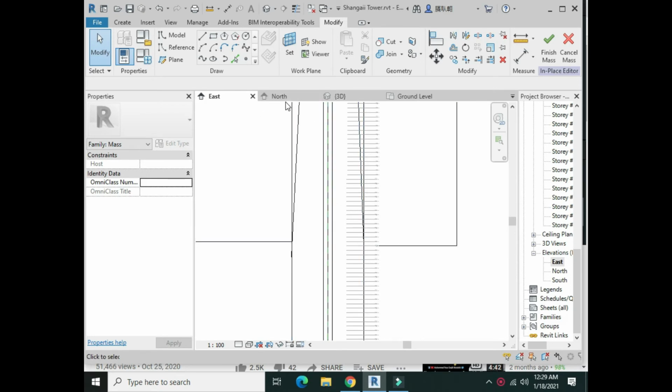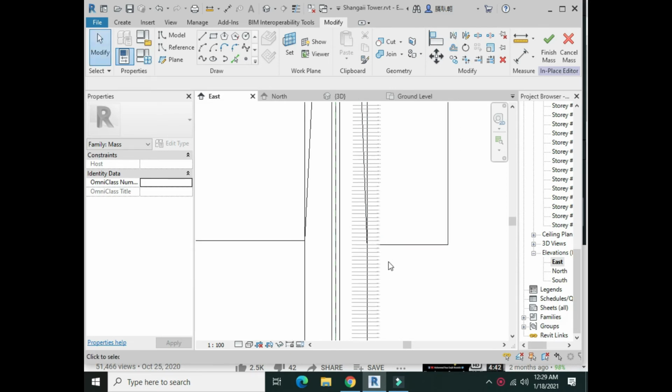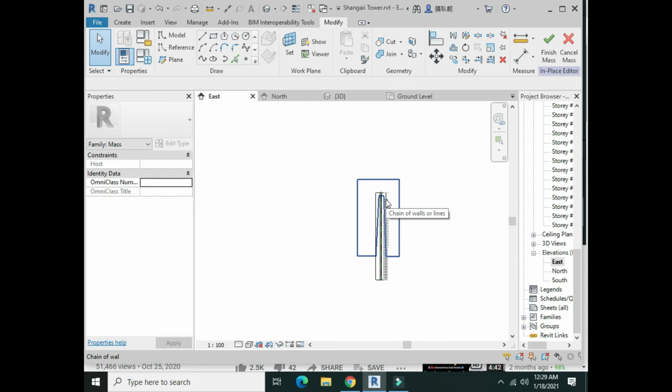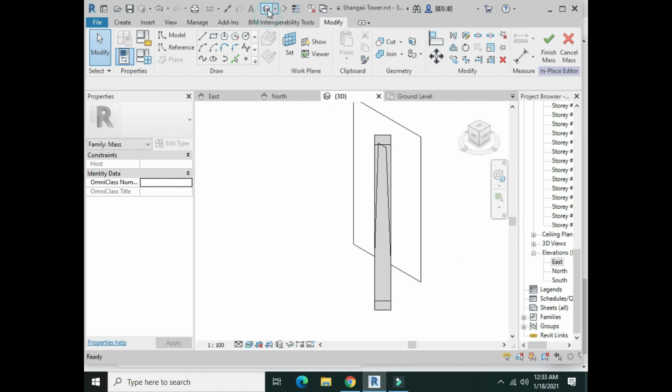For this purpose I will use the trim command. TR is the shortcut, and then click on that, and then click on this, so that part is trimmed. And also the extend command, so these two are also trimmed. As you can see, when I click on this, the whole structure is selected. So it means that the whole structure is combined with each other, and there is no need of further trim and extend command. So now we will go towards the 3D model, and we click on default 3D view.